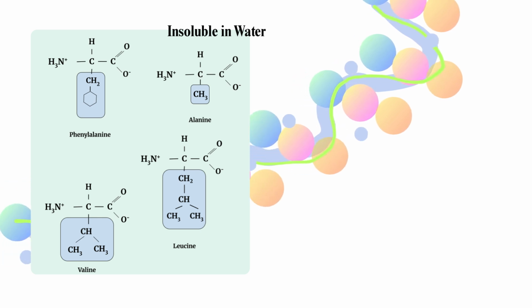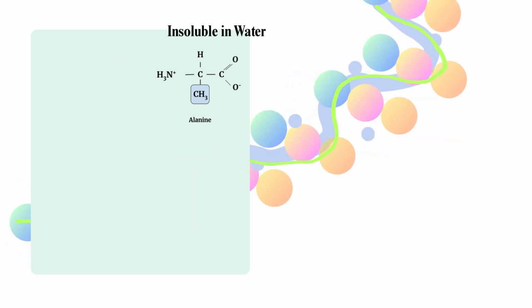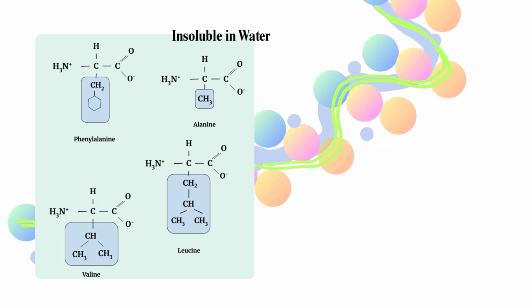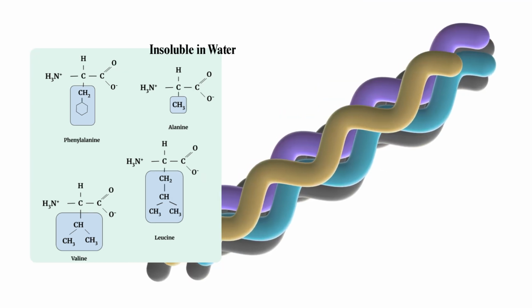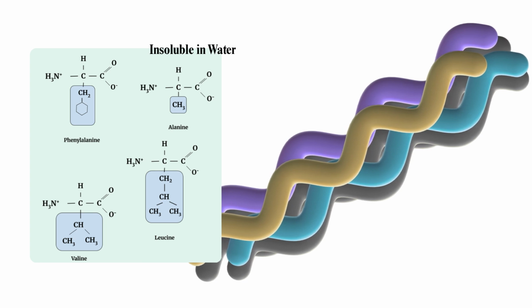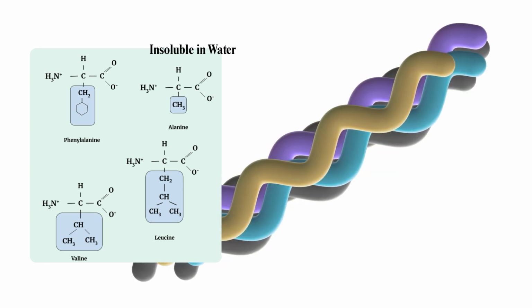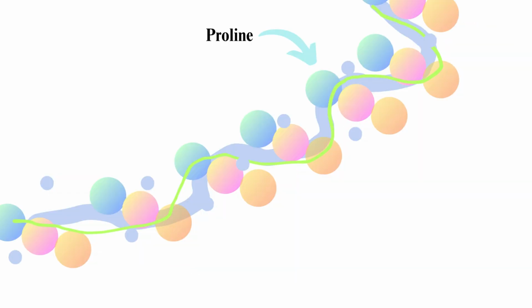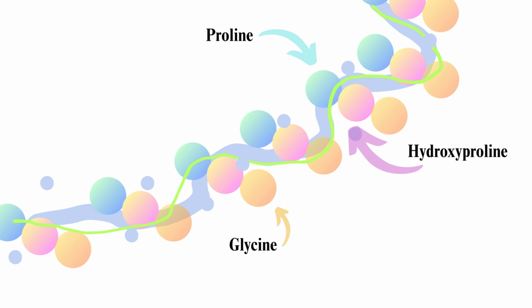Insolubility. Due to hydrophobic amino acids such as alanine, leucine, phenylalanine, and valine, they are typically insoluble in water. Stability. Fibrous proteins are very stable and resistant to denaturation, which makes them well suited for their structural roles. Repetitive sequences. Collagen, as an example, has repetitive amino acid sequences that contribute to its organized and stable structure. Function and examples. Fibrous proteins primarily serve structural and protective functions,